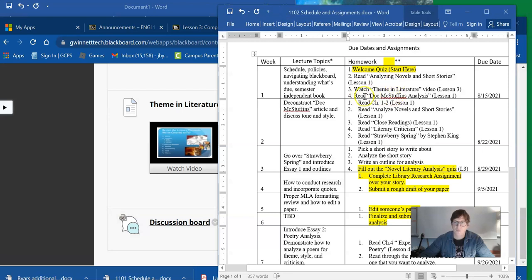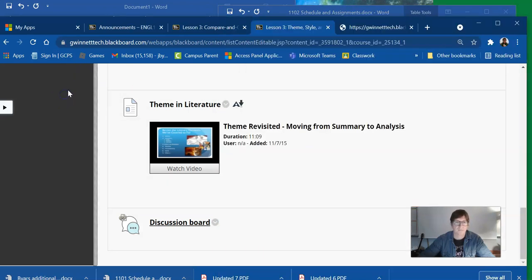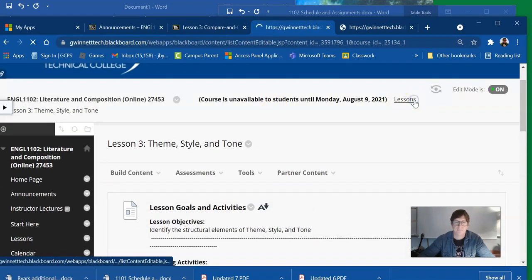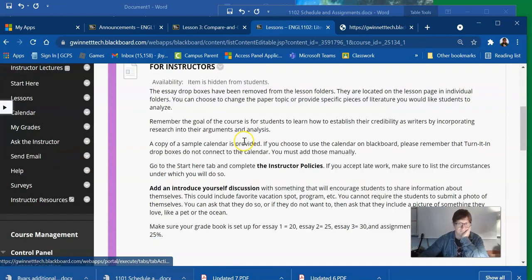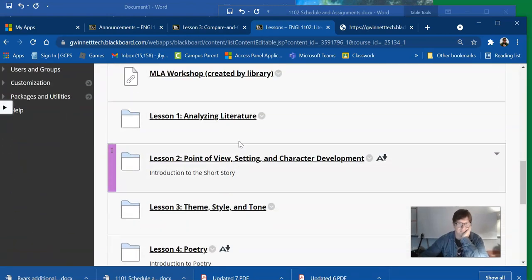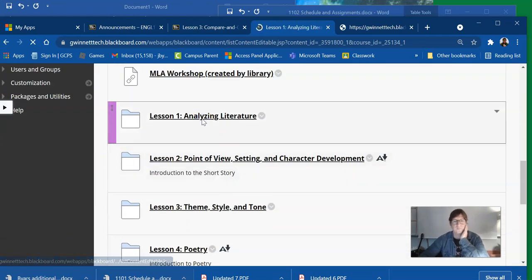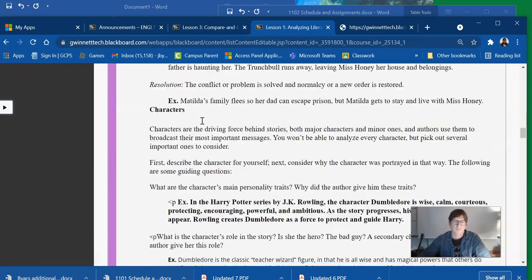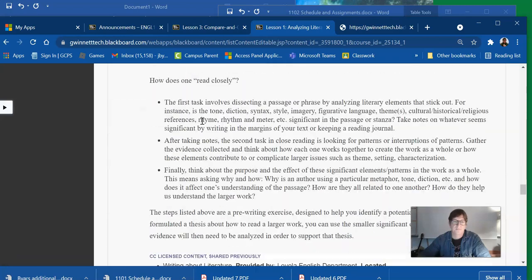And then it says read Doc McStuffin's analysis in lesson 1. You go, okay, sure, we'll do that. So then you go back to lesson 1. Scroll all the way down.